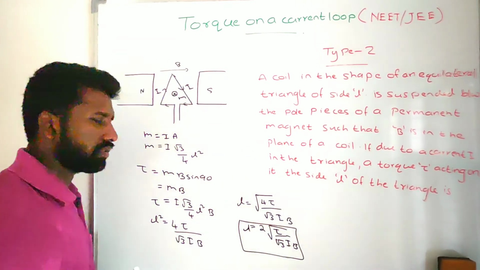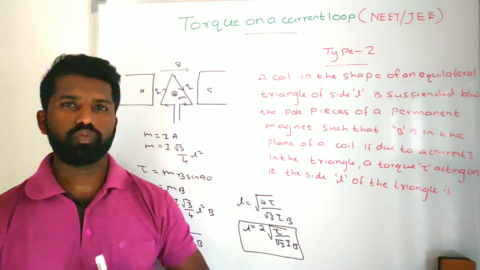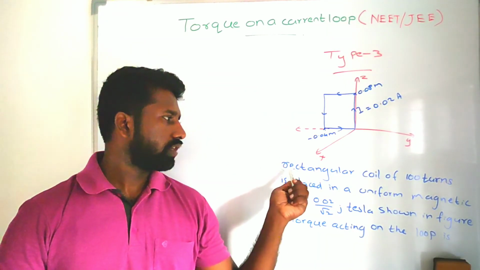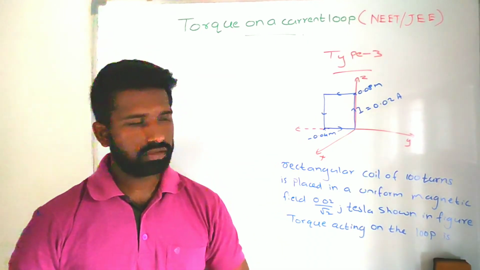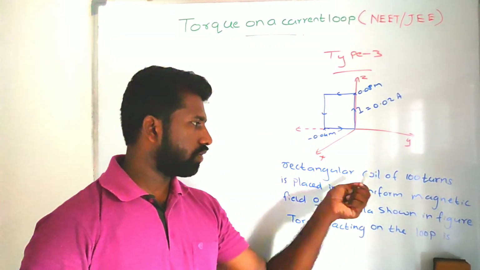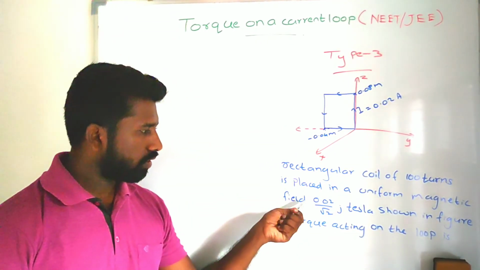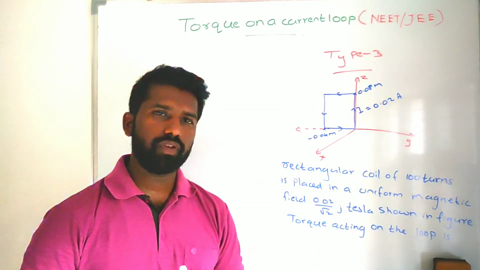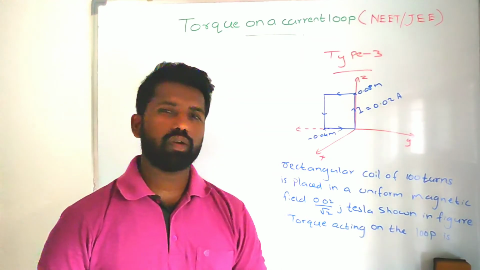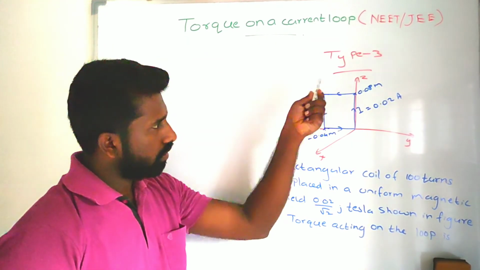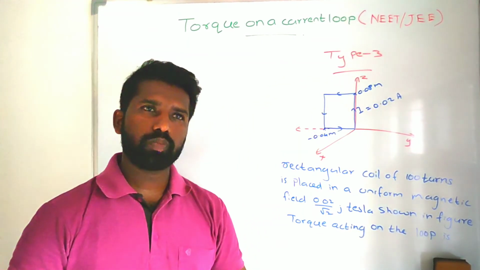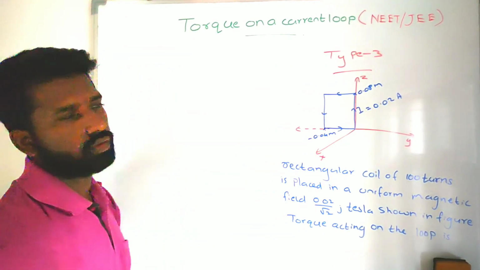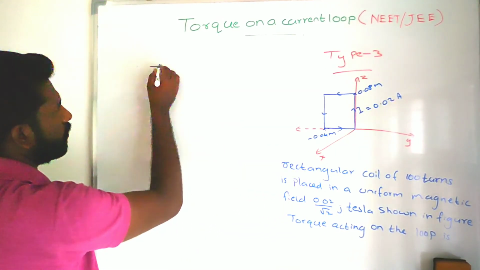This is about type 2. Now we will see type 3. A rectangular coil of 100 turns is placed in a uniform magnetic field 0.02 divided by root 2 j Tesla, as shown in the figure. The torque acting on the loop is, they have given that a rectangular loop is placed in a uniform magnetic field. What is the torque acting on it? Okay, the torque